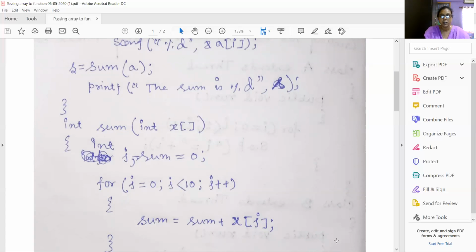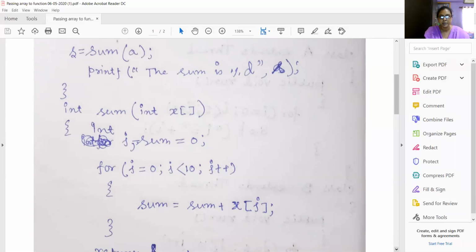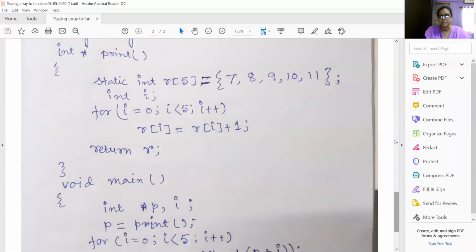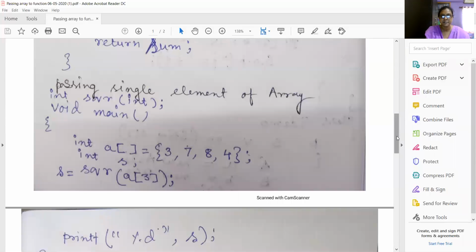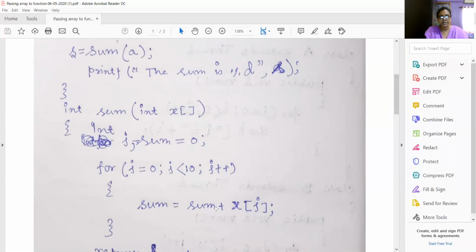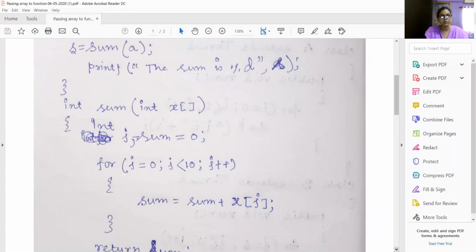Ultimately we get the value in sum. Then I have returned the value with return sum. When it is returned, it goes directly to s. The integer sum value that is returned is stored within s, and that will be printed.